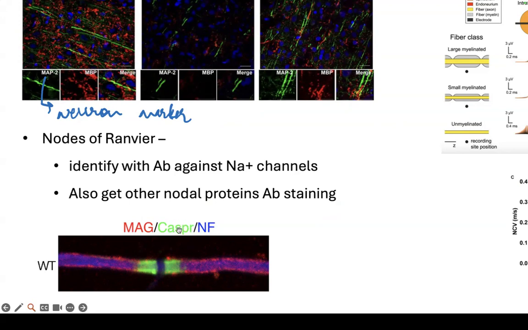I think it's some C associated protein. I'm forgetting what C stands for. And MAG also, if I remember correctly, that's also some sort of a myelin protein. So MAG here is telling you again,